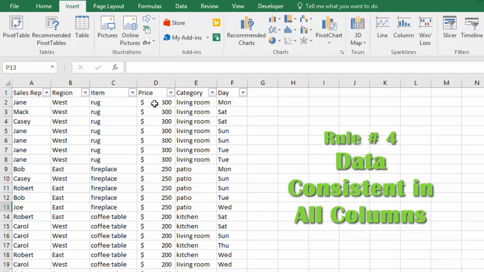Of course, we wouldn't want to have 300, 300, and then a word like sold or free or something like that to confuse Excel, and so on and so forth. So good consistent formatting down all of your columns will make your data really work well when you go to